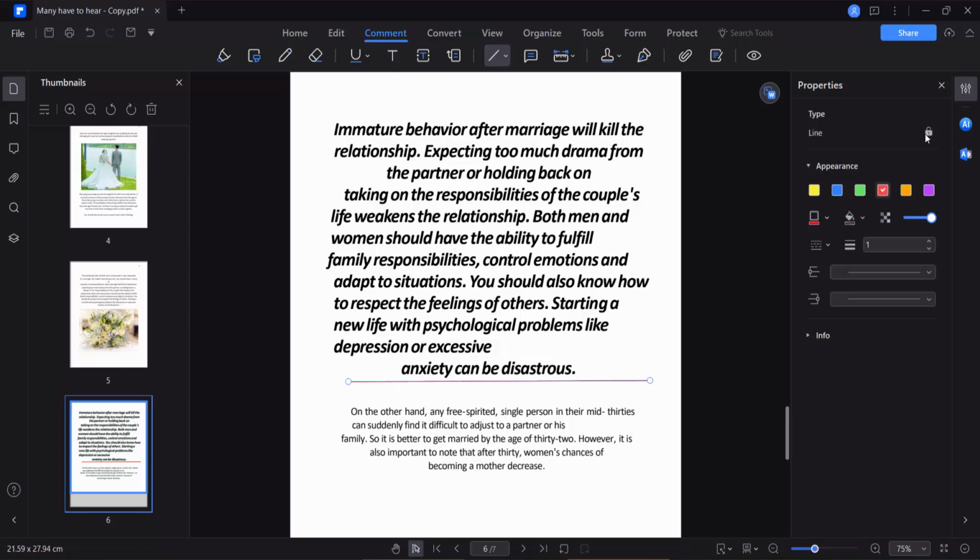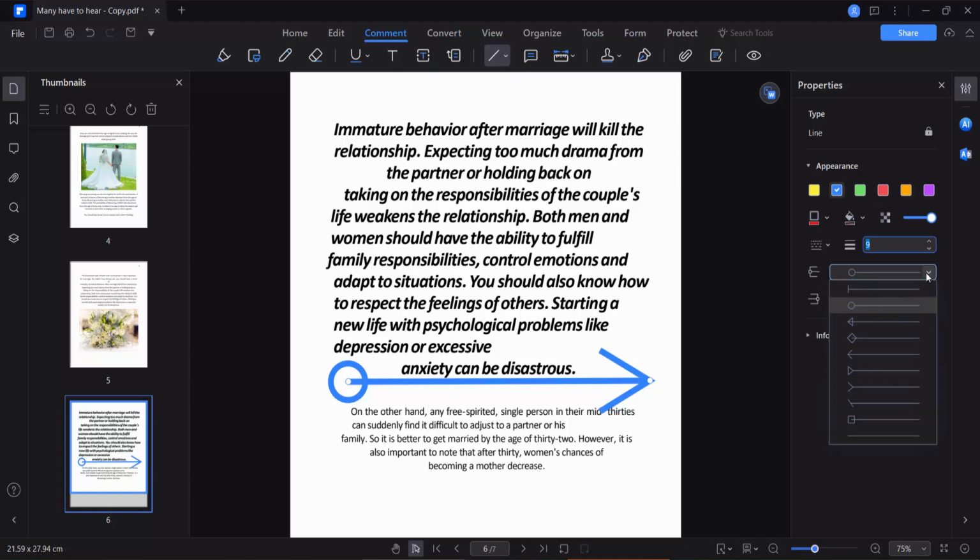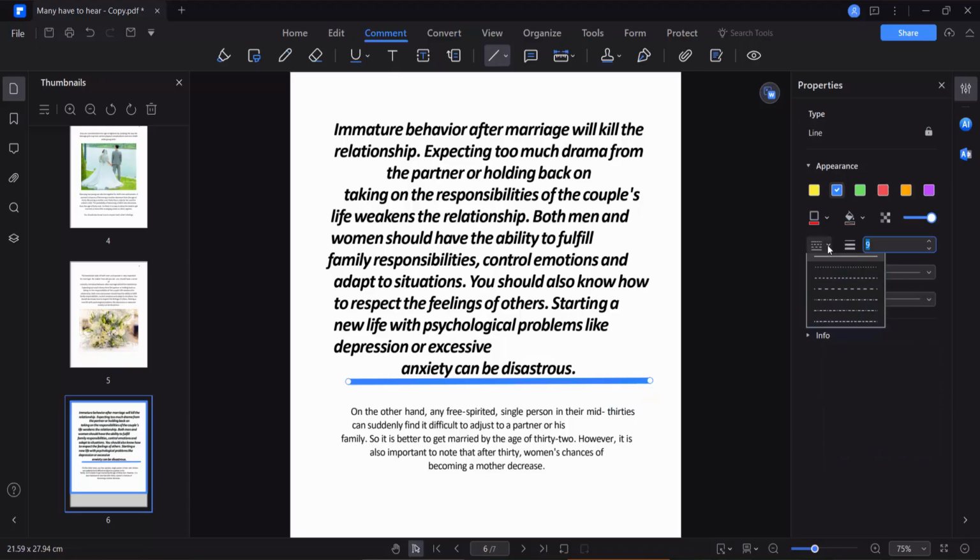And on the right side, in the Properties option, click here. Firstly, I increase the line thickness. Here you can change the line color, and this is the line ending point and this is the starting point. You can add this, and I'll make it solid. This one is a solid line, and this line you can make a dotted line